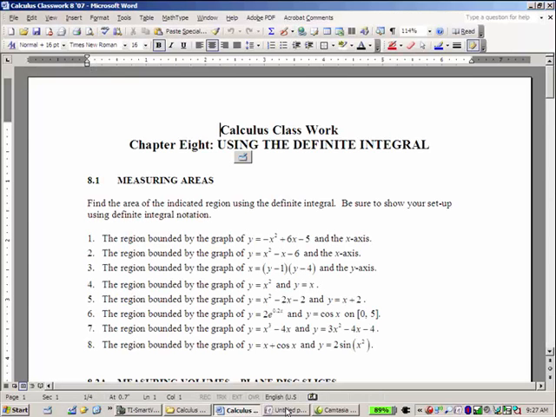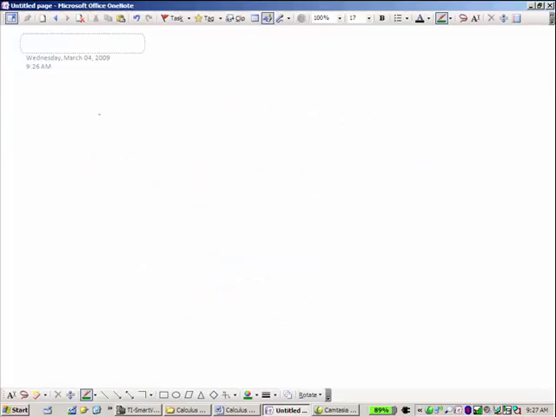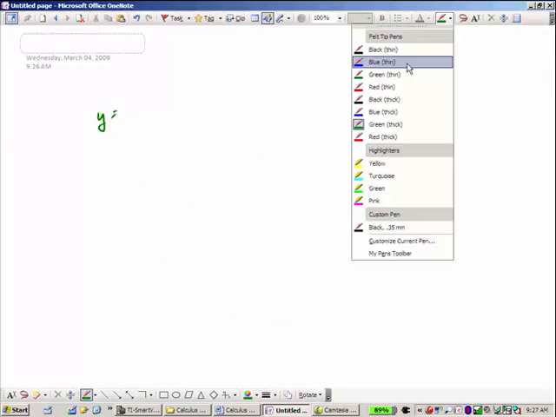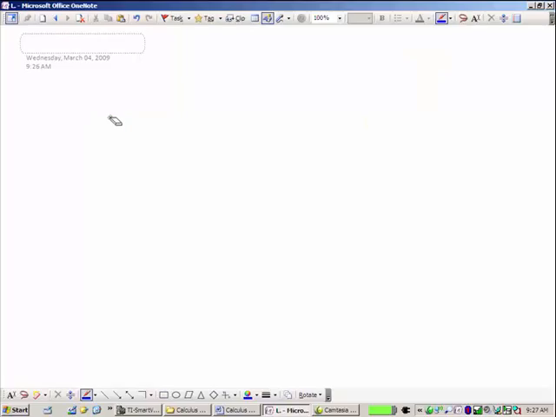Negative x squared plus 6x minus 5. I've got to remember that. y equals... What was it? Plus 6x? Yeah, minus 5. So, back in the day, we only had one choice, and that was to do it by